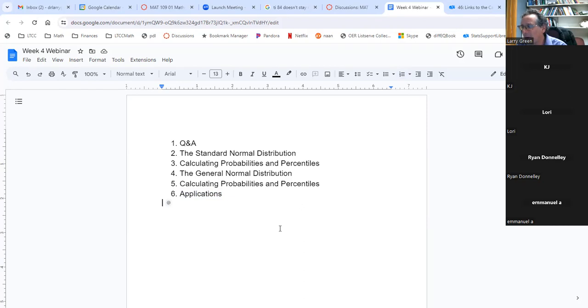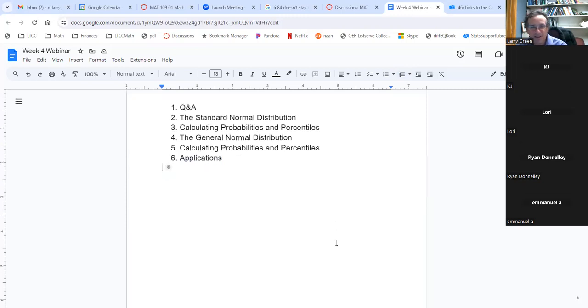Chapter 6 is usually not one of the harder chapters, but it is a very important chapter. It's an important chapter because the normal distribution is the most important distribution in all of statistics. And there isn't anything even close to how important normal is. We are going to be looking at other distributions, and it turns out all the rest of the ones we look at are somehow coming from the normal distribution, like refinements of it. Okay, so